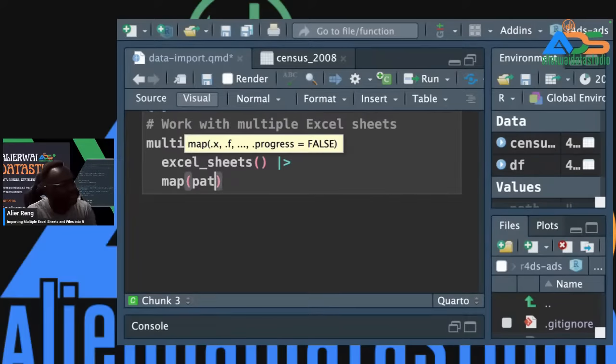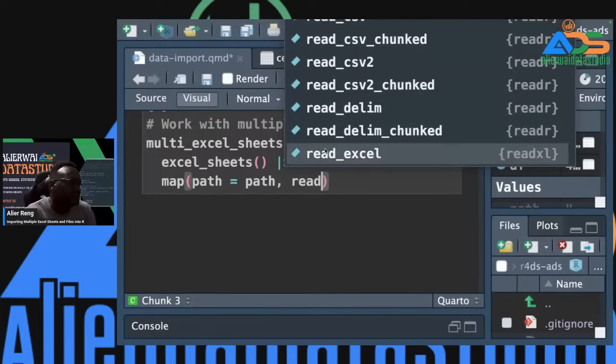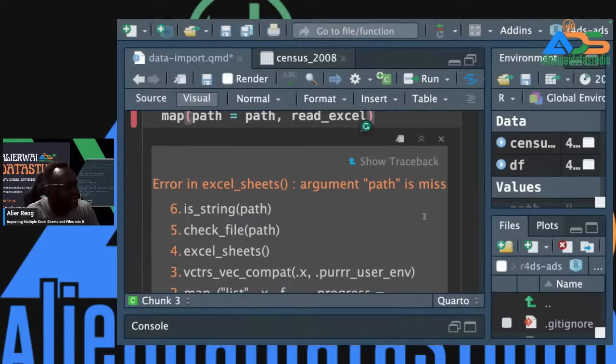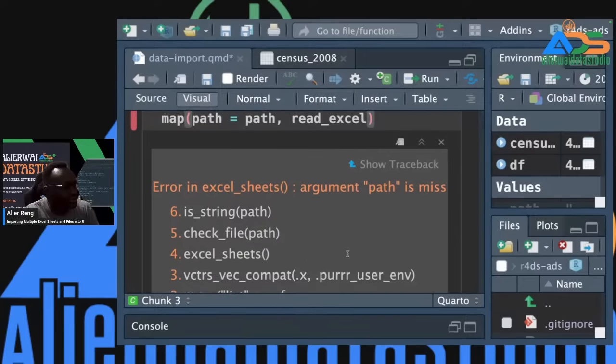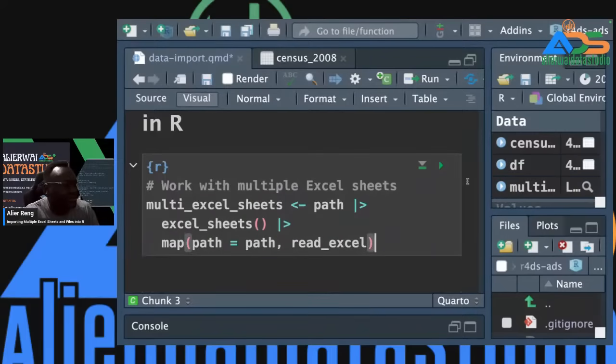So let's say path equal path that we created earlier, and then the function that we are going to use, which is this. Now let's try running this and see what will happen. So we are getting an error saying the argument path is missing, and the reason is that I need to pipe it in here. Now when we run this,